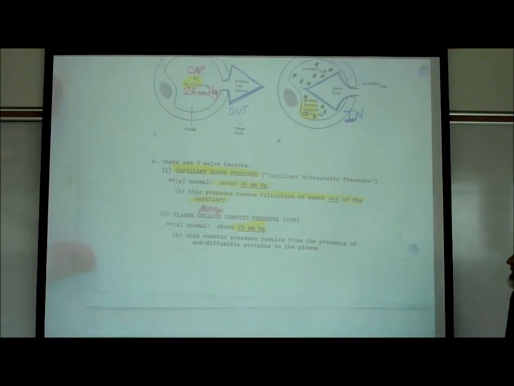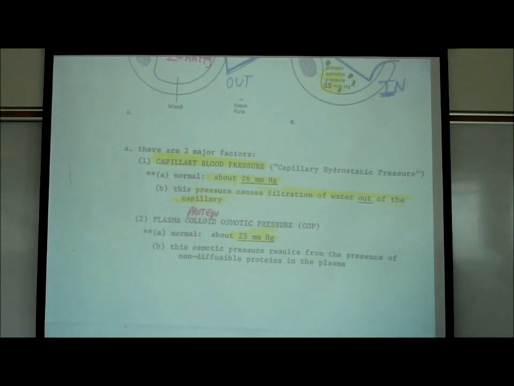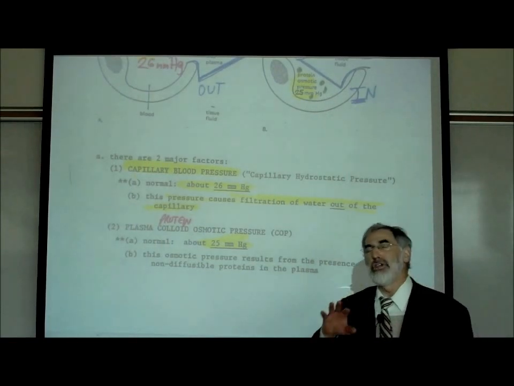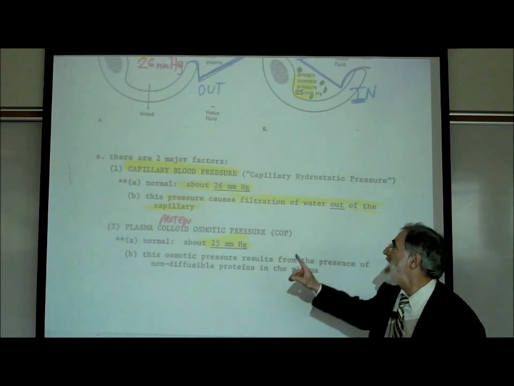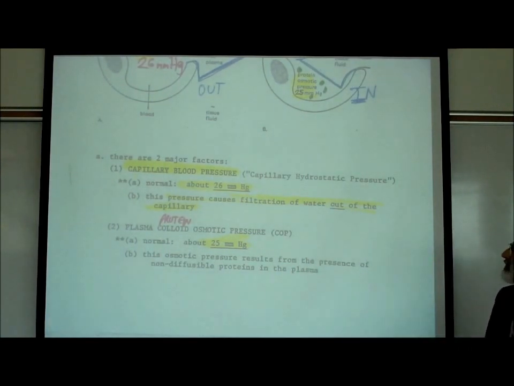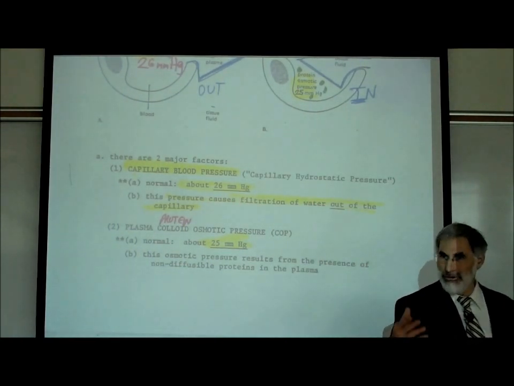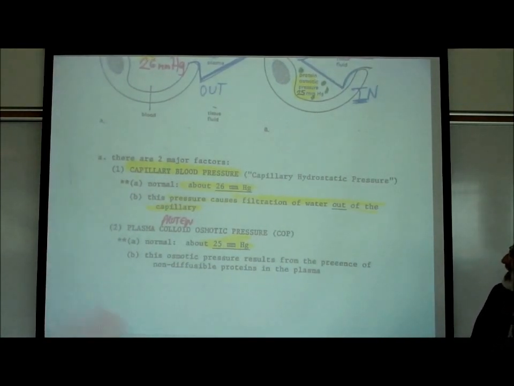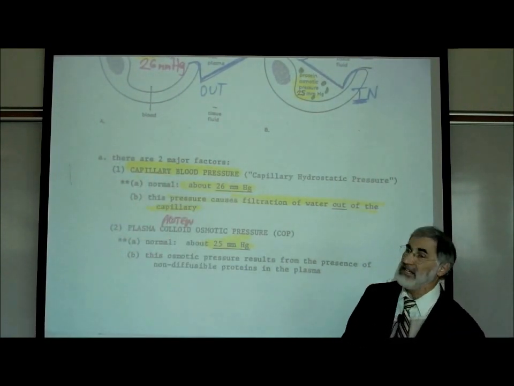The first factor is the capillary blood pressure. It's labeled right there, capillary blood pressure. Now that's the term I'm going to use. Your books and your future nursing books and in all the clinical books, they prefer to call it capillary hydrostatic pressure. But what capillary hydrostatic pressure means is blood pressure. All right, but I'm telling you in the book, they call it hydrostatic pressure. Now, we wrote that the normal capillary blood pressure, the blood pressure in your capillary, is about 26 millimeters of